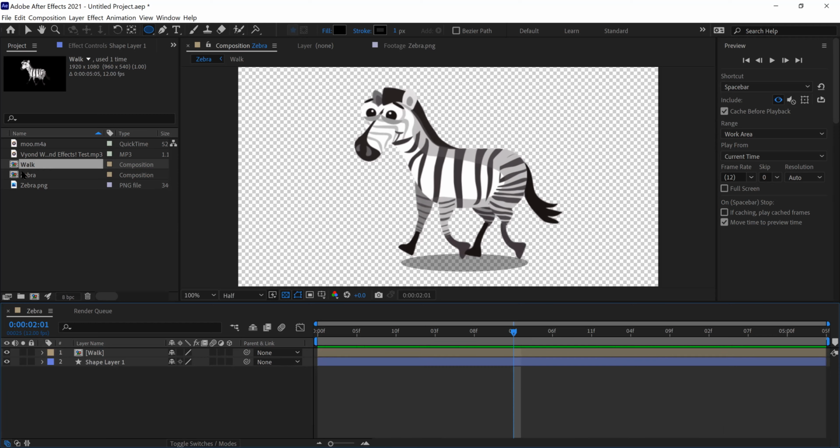Okay, so a few ways we can do that. Check this out. We have a zebra right here that says walk, and the zebra is indeed walking. What if we grabbed this comp right here that has everything, the zebra, and we just duplicated this thing